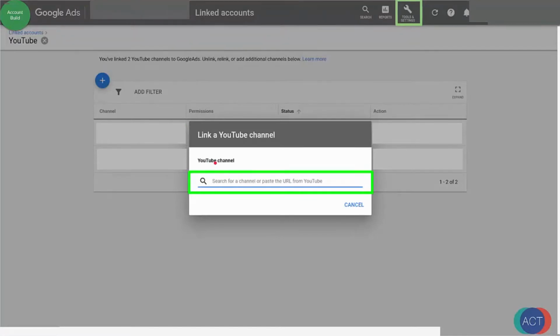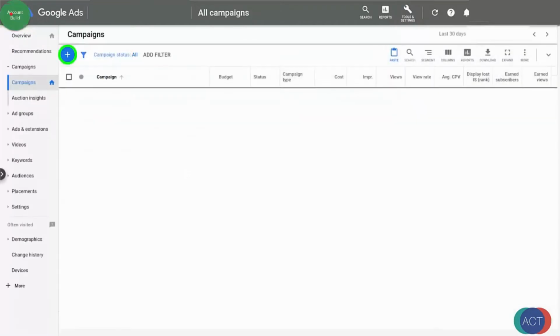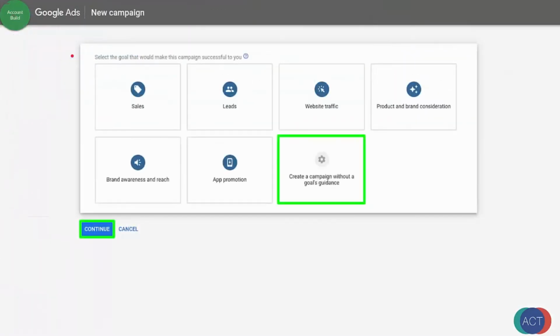The fastest way is to just go to your channel, copy that URL, and paste it in here so you make sure you get the right one. You'll go through a couple of steps for verification, and then you'll be good to go. Your channel will be listed here along with any other channels you've already connected. So we'll go ahead and come up here and go back, and now it's time to actually put together our campaign. So we'll click that giant blue plus button, and we are actually going to create